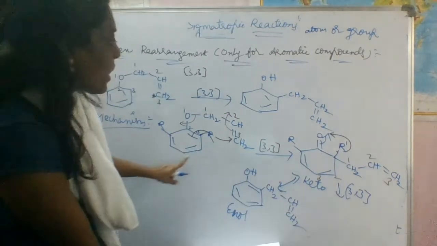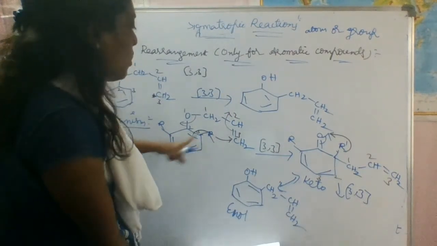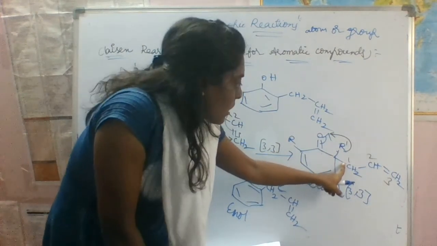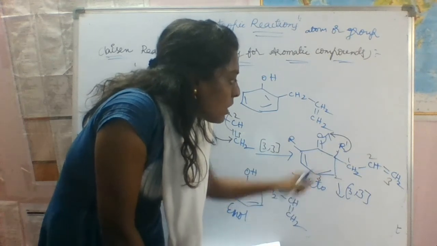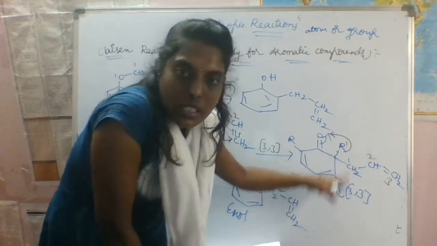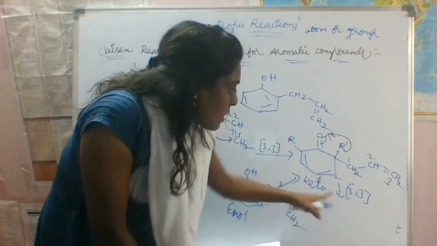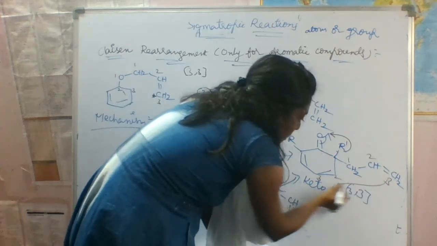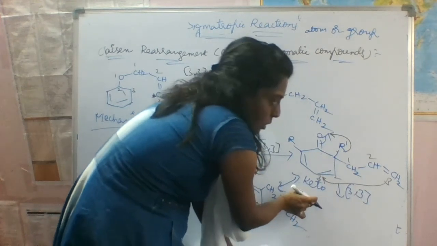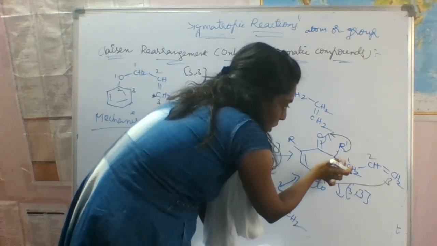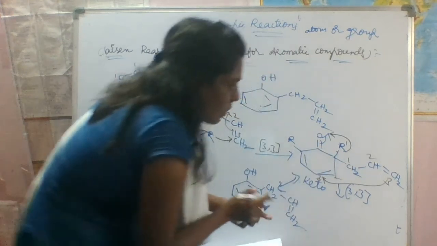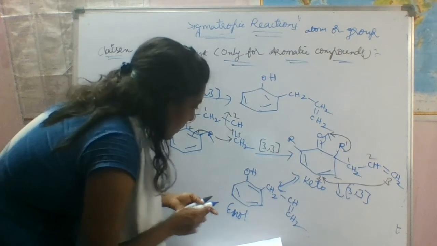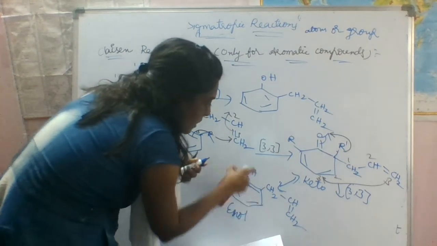Don't get confused. First we have to, if it is occupied by 2, so then first it will attack this other position, right? Next what will happen? Again one more 3,3 sigmatropic rearrangement takes place. Then means here there is a bond formed between this 3 and 3. Okay, and we have to shift the bond here. Okay, so then we will get this one keto form. Means first we cannot get this directly.